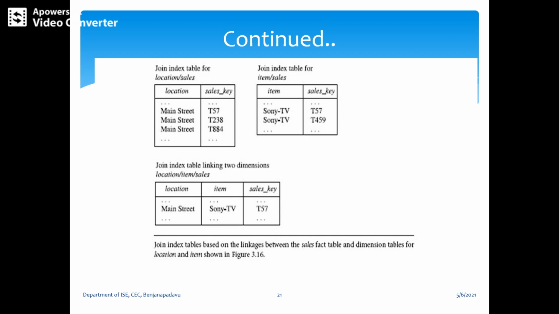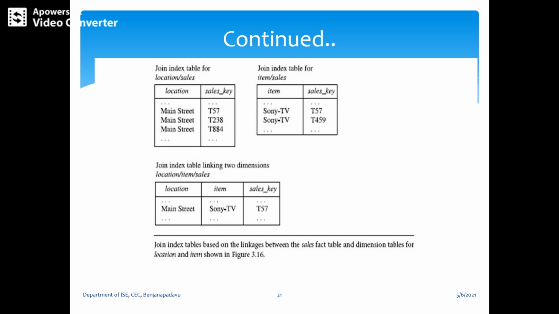Similarly, the join index table for item to sales, where item Sony TV key is T57. Next, the Sony TV again T459. Similarly, the join index table after combining. After joining, we will come to know that by indexing the key values, with the key value we can search all of this table. So the join index table is linking the two dimensions, location and item, to sales. So the location main street, Sony item,